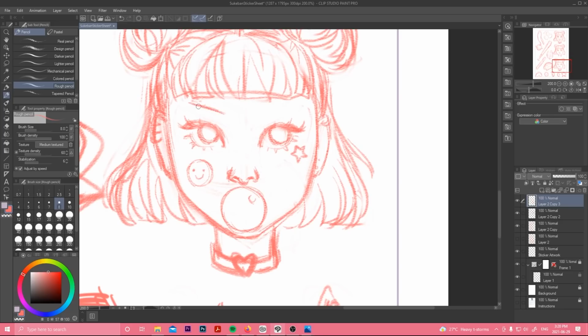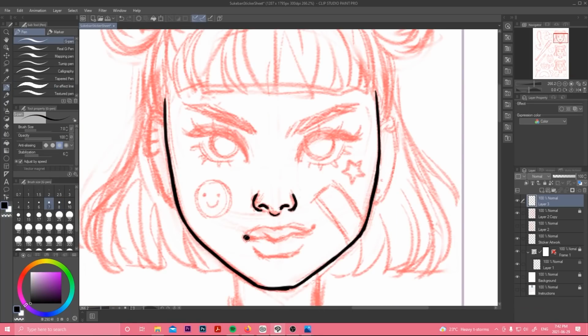And then once I'm satisfied with the sketch and arrangement of the items, I move to a new layer and begin the line art. For this, I mainly use the G pen for this stage, while occasionally using the real G pen if I wanted a more tapered stroke,